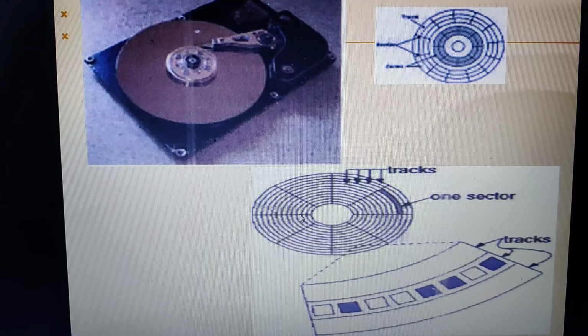See here, whenever you click on some audio file or video file, it takes certain fraction of seconds to play that song. We may not notice it. So if you want, you can just play a song and see, in a fraction of a second you can feel the delay. Why is that delay there? So the read or write head has to specifically point to the particular sector where that particular content is placed. So that delay we actually refer to as what? Rotational latency.